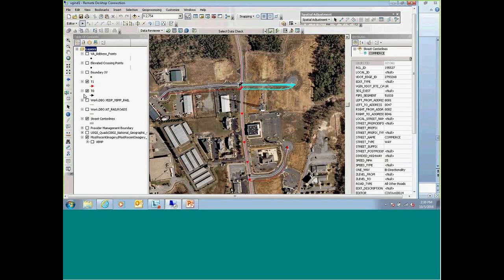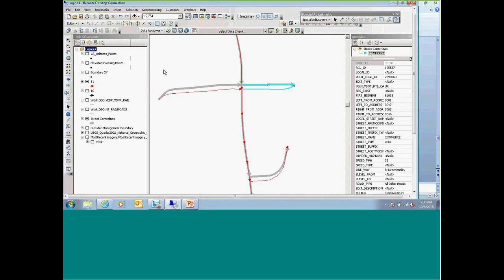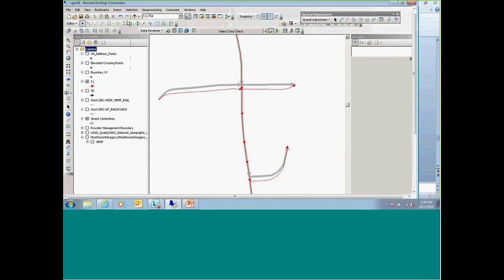I will check the attributes to make sure they are correct, but I'm not going to move the RCL since it matches with the aerial photography, and they have not changed the attributes. So that's something else. Sometimes things get shifted, and you're not sure why that gets shifted. So I found it just interesting.